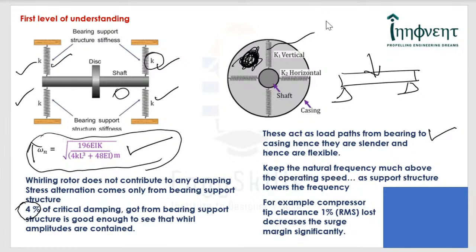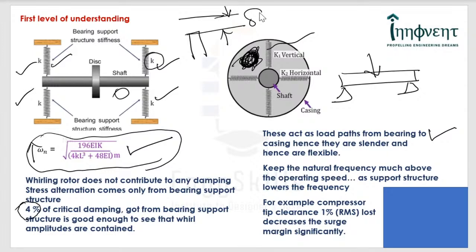So now coming to the third point, what happens if the tip clearance is not maintained? Please remember that if the tip clearance of a compressor is increased by 1%, what exactly do I mean by tip clearance? It is nothing but the radial distance between the casing and the blade tip. This is the tip clearance. If this is increased by 1%, of course the performance may go down by 1 or 2%. That is the efficiency of the compressor, but the surge margin gets significantly compromised.